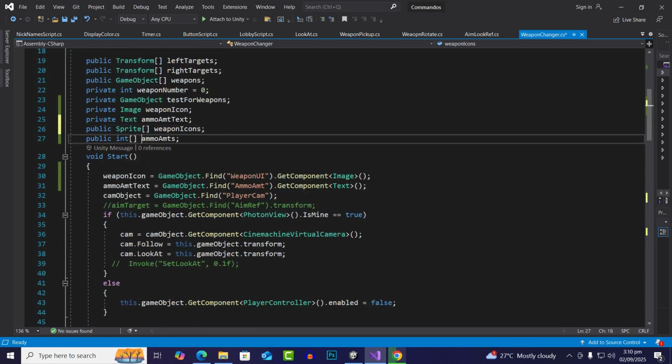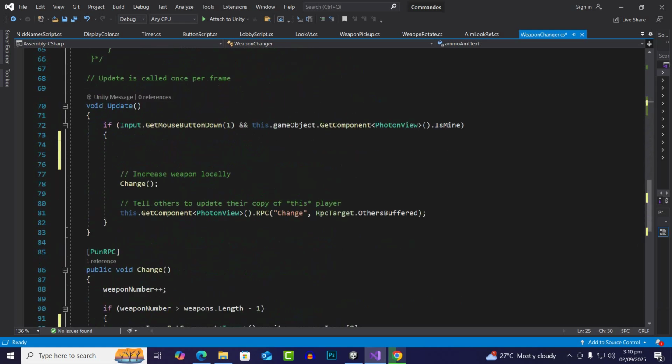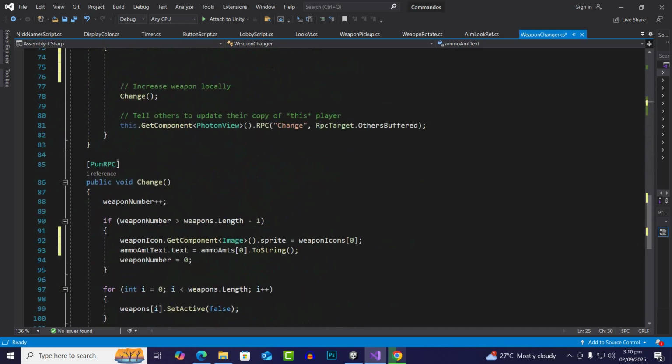For solving that, we will add the public sprite array for the weapon icons as well. So that was also very important. And now you can see that we don't have any error. Here we will add the weapon icons, and we are starting from 0. Okay,